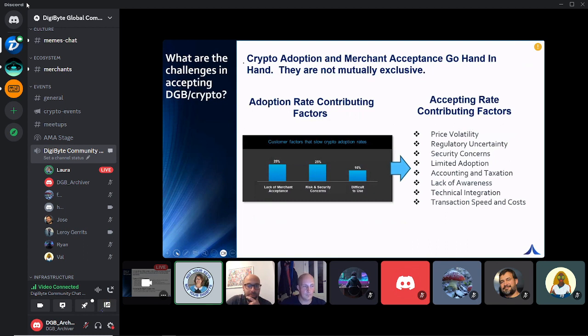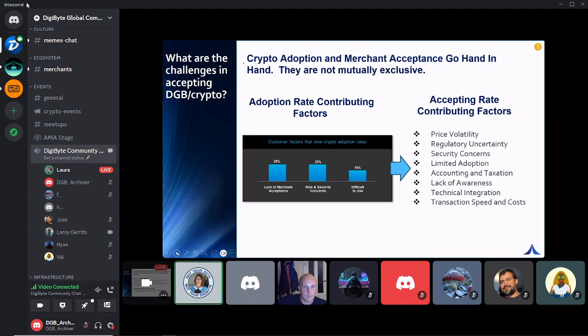Like we were saying, lack of merchant acceptance. Well, there's a lot of reasons why merchants are struggling to have that acceptance. Risks and security concerns. I mean, crypto in general, just psychologically, in the news you hear of a hack or a rug pull or this or that all the time, which I think is another factor. And Leroy, you could probably give some insight on that. Psychologically, what does that do to a merchant that maybe is interested in accepting crypto, but has that concern that they're delving into an area that's a little bit hostile, right?